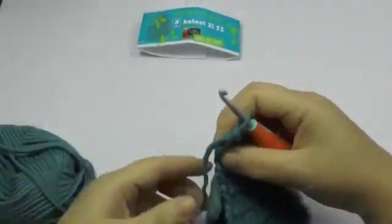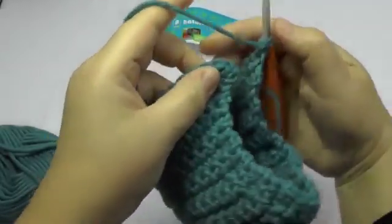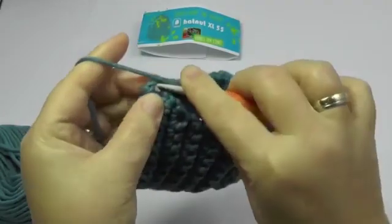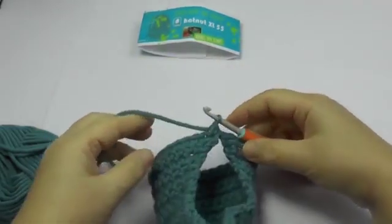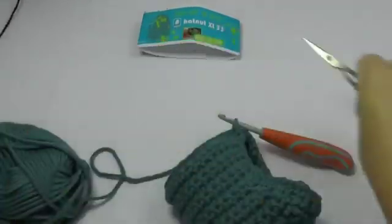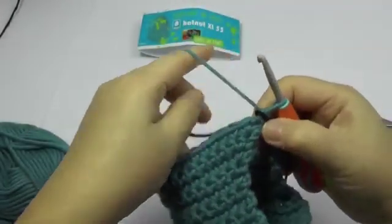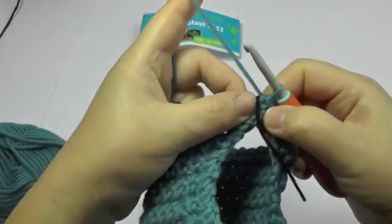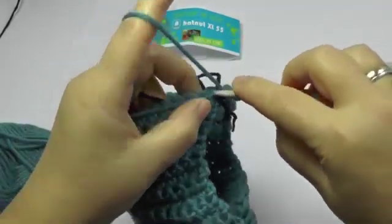And now I'll do 1 chain. And then I'll work in rounds by connecting to the other side. So I'm again doing singles, but before I do that, I will mark with a contrasting color so that I always know where I started my round. So the first stitch of my round is before the contrasting thread, and now I'll just go around in singles,